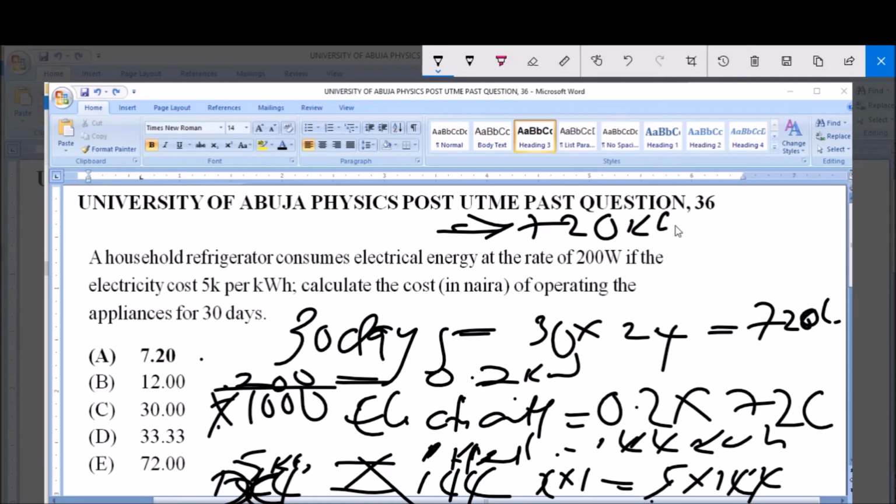kobo. Now you notice that when we're doing our comparison, we used 5 kobo and not 5 naira, but the question asked us to get our answer in naira. So 1 naira equals 100 kobo, so you divide by 100 and then your answer becomes 7.20 naira. Now this is the cost of 200 watts of electricity for 30 days. So the answer is option A,